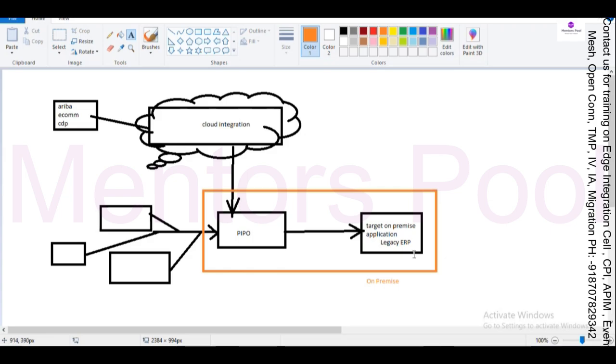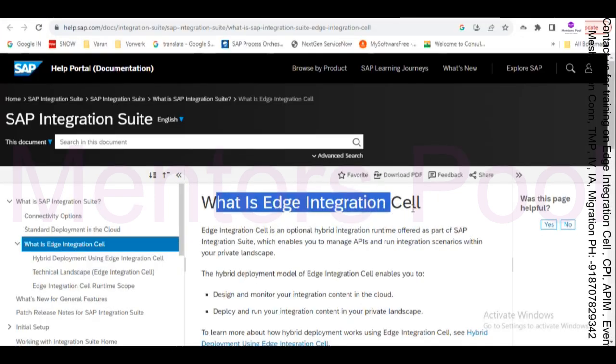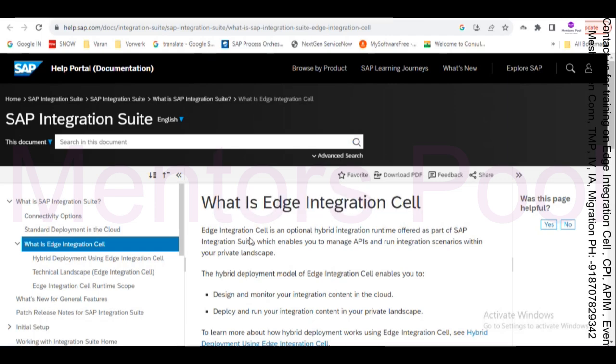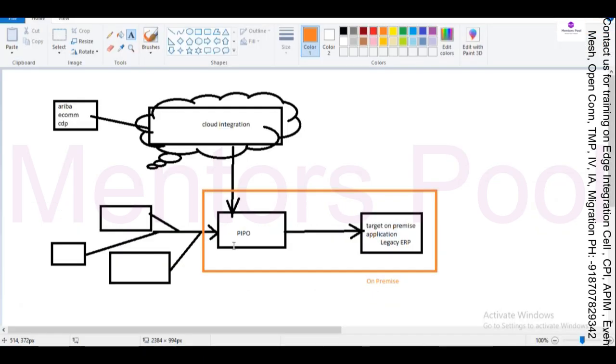And so basically that is where SAP bought this Edge Integration Cell to provide an option for hybrid integration. It's called Hybrid Integration Runtime, offered as part of SAP Integration Suite, which enables you to manage APIs and run integration scenarios within your private landscape. So in short, what it means is